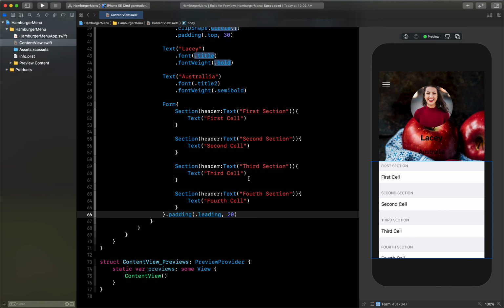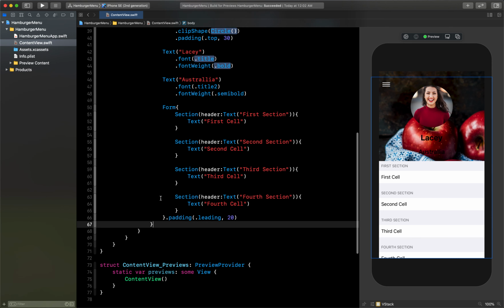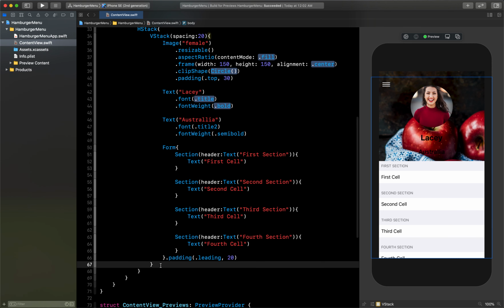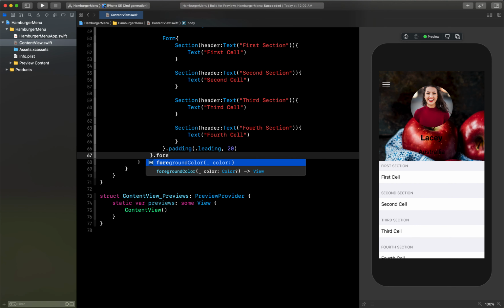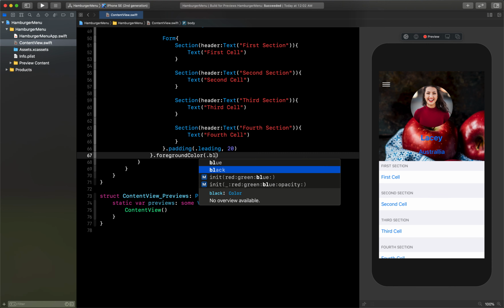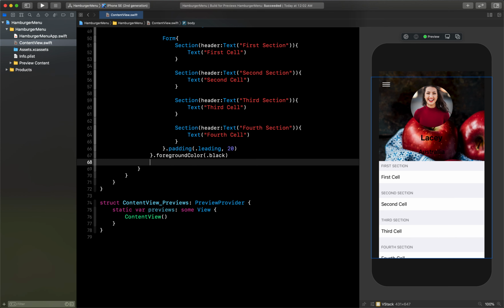Now let's add some background color also to our VStack. So I will say, let me move it up, foreground color, let's set the black so that all the text inside this is in black color. Then I will add some frame.